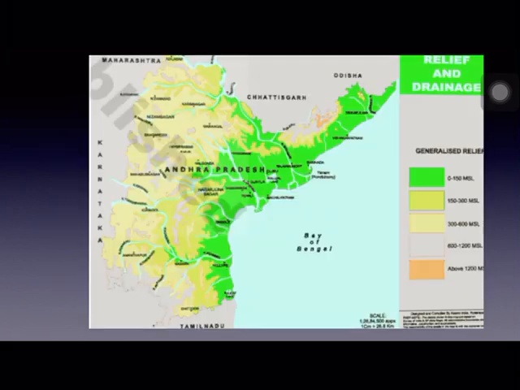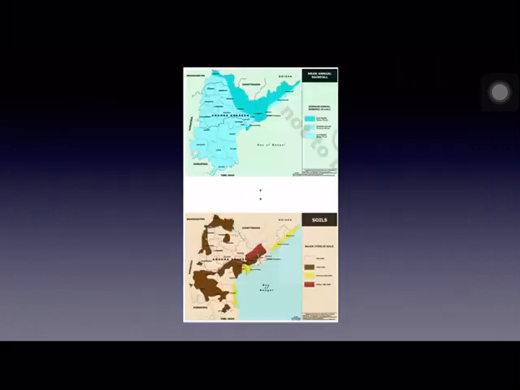Now you can see here, this is a physical features map. Andhra Pradesh physical features map. Here you can see the rivers are shown in blue color and the coastal area, which is agriculturally well developed, is shown in green color. Like that, by using different colors, the physical features are shown.